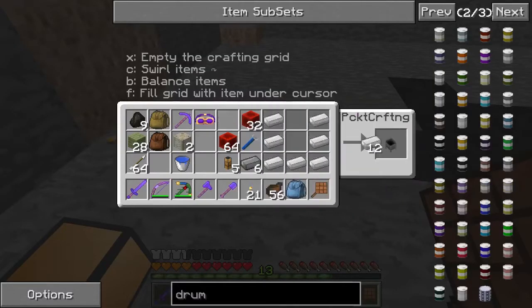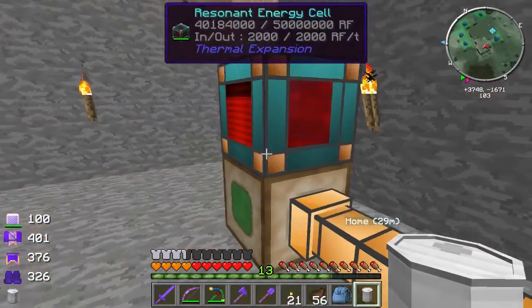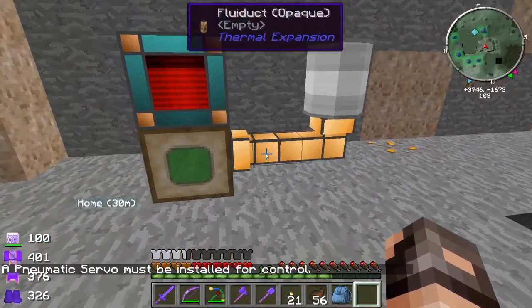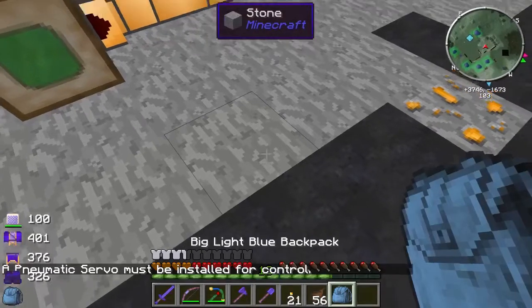There we go. 2 iron plates. And then check the recipe again. Alright, there and there. Okay, so that's where our mutagen is going to go into after it comes out of there. Oop. Alright, and then we want to